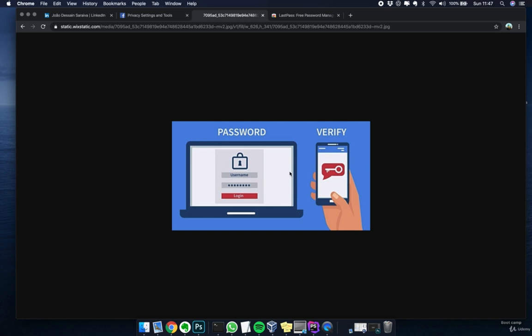Facebook will send me a pop-up message asking, hey, did you try to log in on Facebook? And if I did, I will confirm. This works for Facebook and for a lot of services.